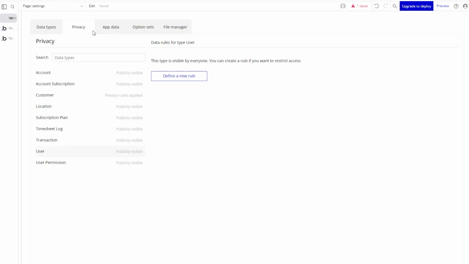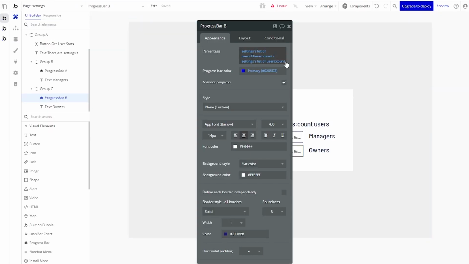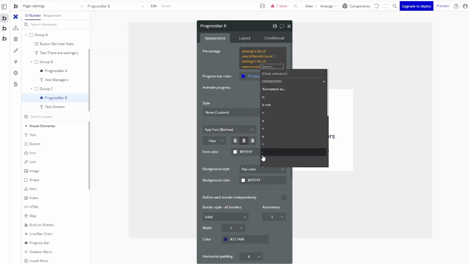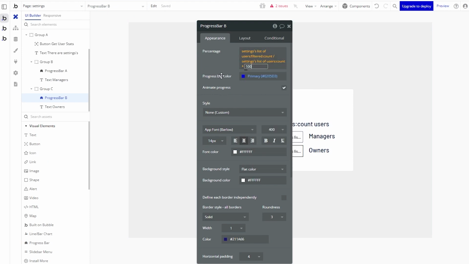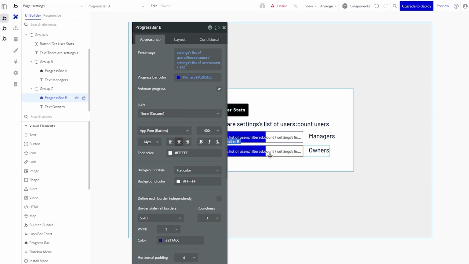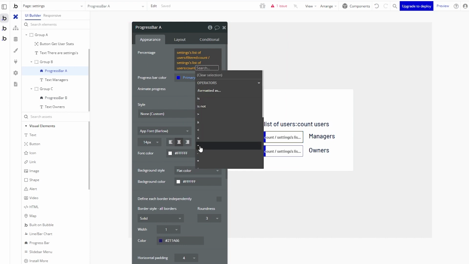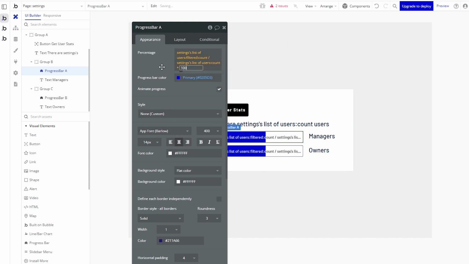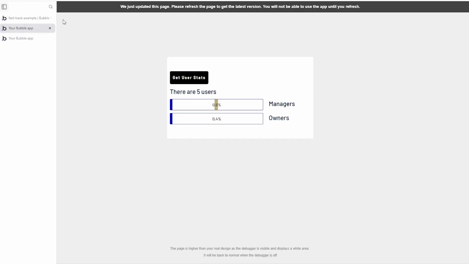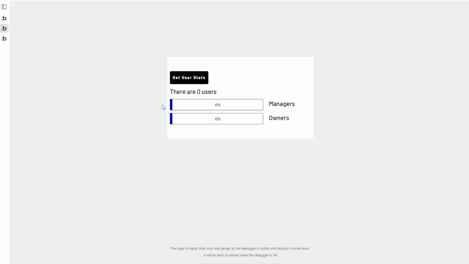Let's actually change our calculation here. I believe we need to multiply by 100. Bubble is looking for a whole number rather than a decimal. So I'm going to say times 100 there, and we're also going to do times 100 over here. Okay, let's try that one more time just so that we can see an accurate detail here. There we go. So get user stats. Now we have 60% managers, 40%, and both calculations and this count here are pulling from one